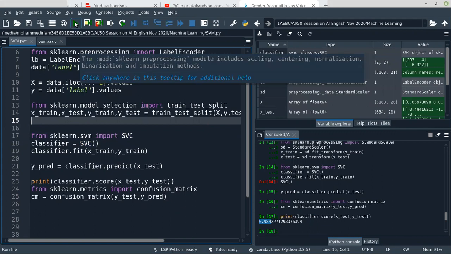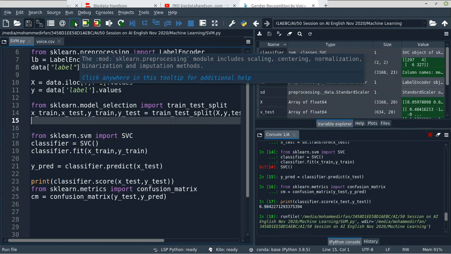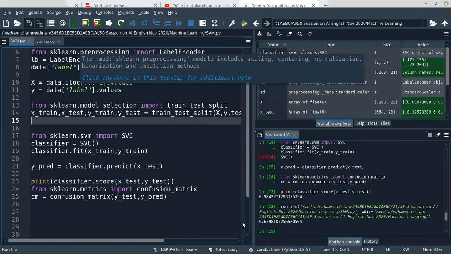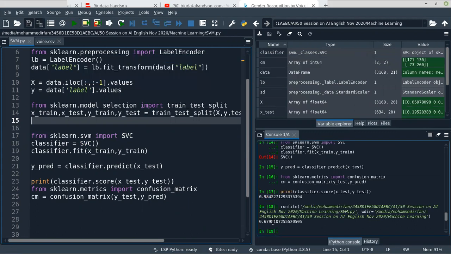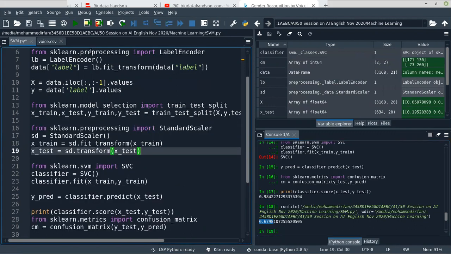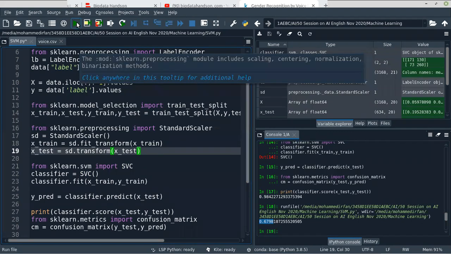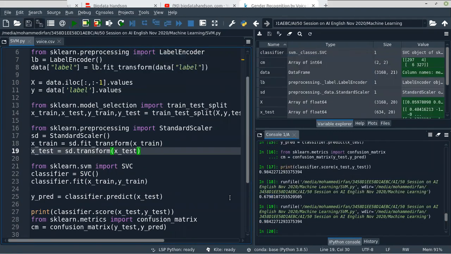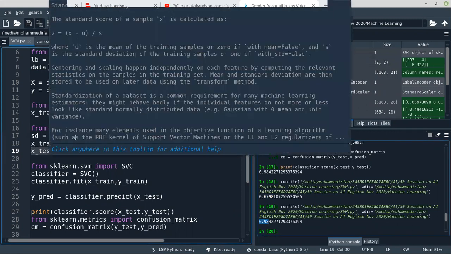If I run this, you can see the score will be less, 0.679 only. So now the power is actually from standardizing the scale. If I put the standard scaler right here, the score instantly increases to 0.98. This is the power of standardizing the scale.